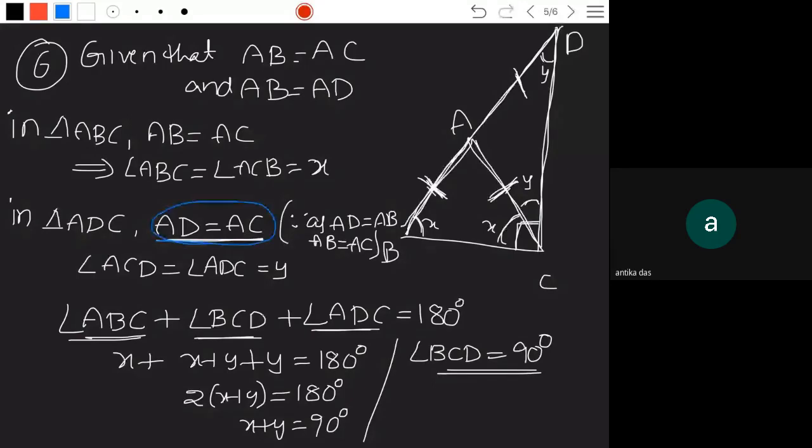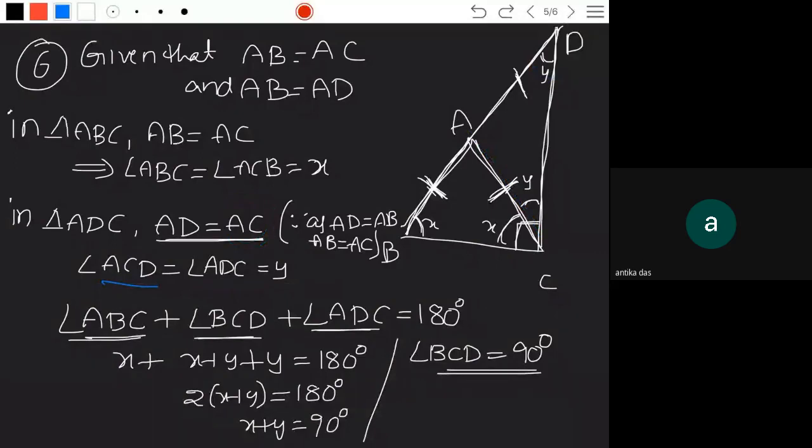So this is not given, but it is taken. Why have I taken it? We have to write the reason compulsorily. That reason I have written. Then, AD opposite, whatever the angle is there, you take the angle opposite AD in this triangle ACD, angle ACD, and AC opposite angle is this one. What is that name? ADC. I considered both as y. Is it clear? Yes, sir.